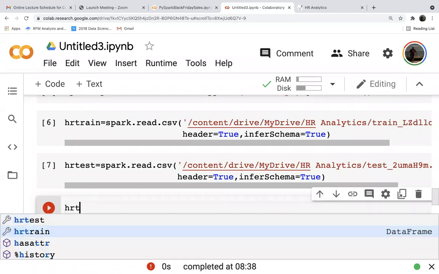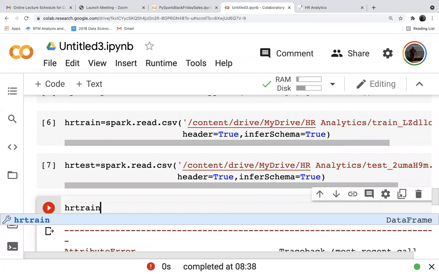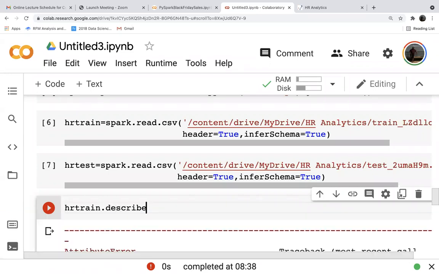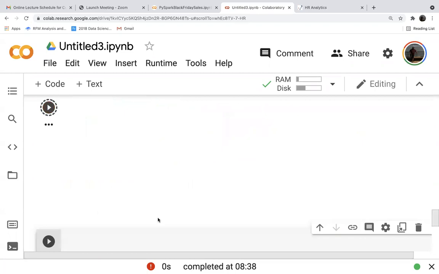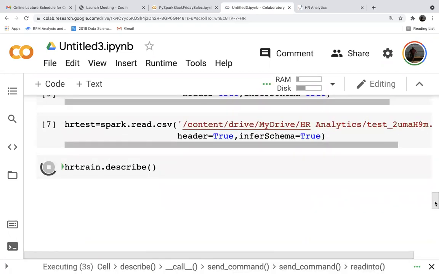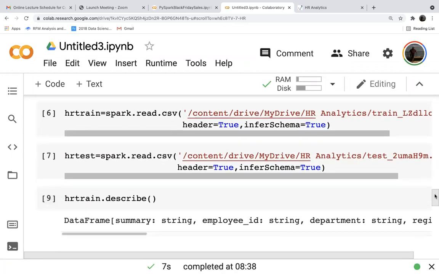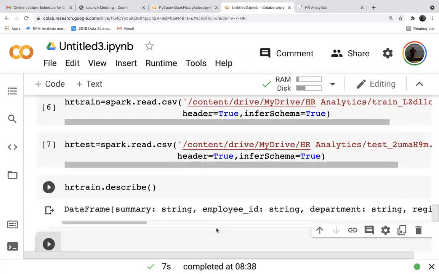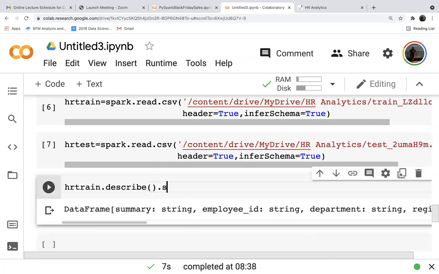Train.describe, and still in PySpark it is .show.